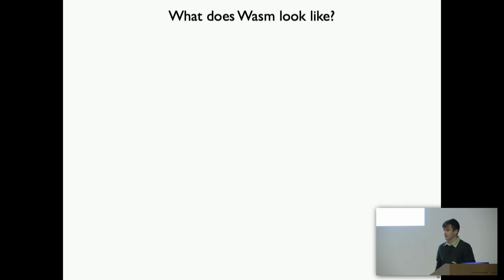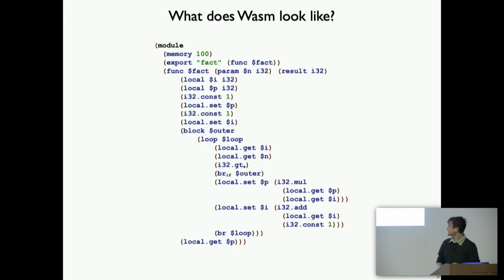So what does Wasm look like? This is very important to understand because some of the restrictions present in the semantics of Wasm make it a little more challenging as a compiler target. This is a super canonical factorial example, just an iterative multiplication in a loop. But what I want to bring your attention to here is the nesting of the blocks. You can see we have an outer block which wraps a loop. And the reason that the outer block is there is because we need a place to break to.